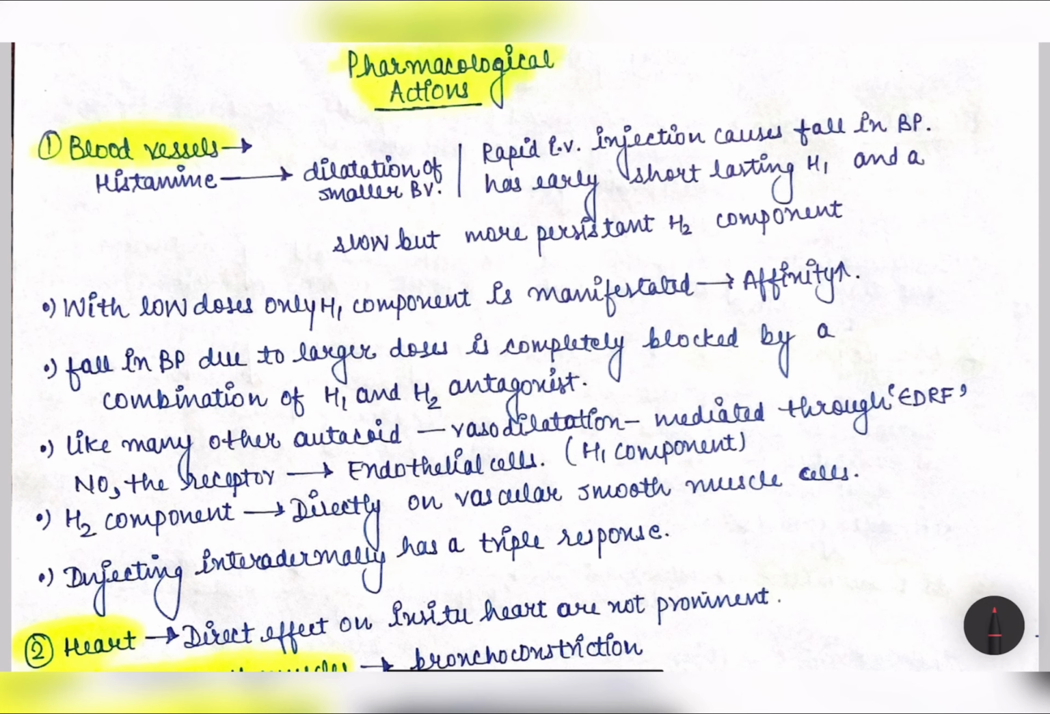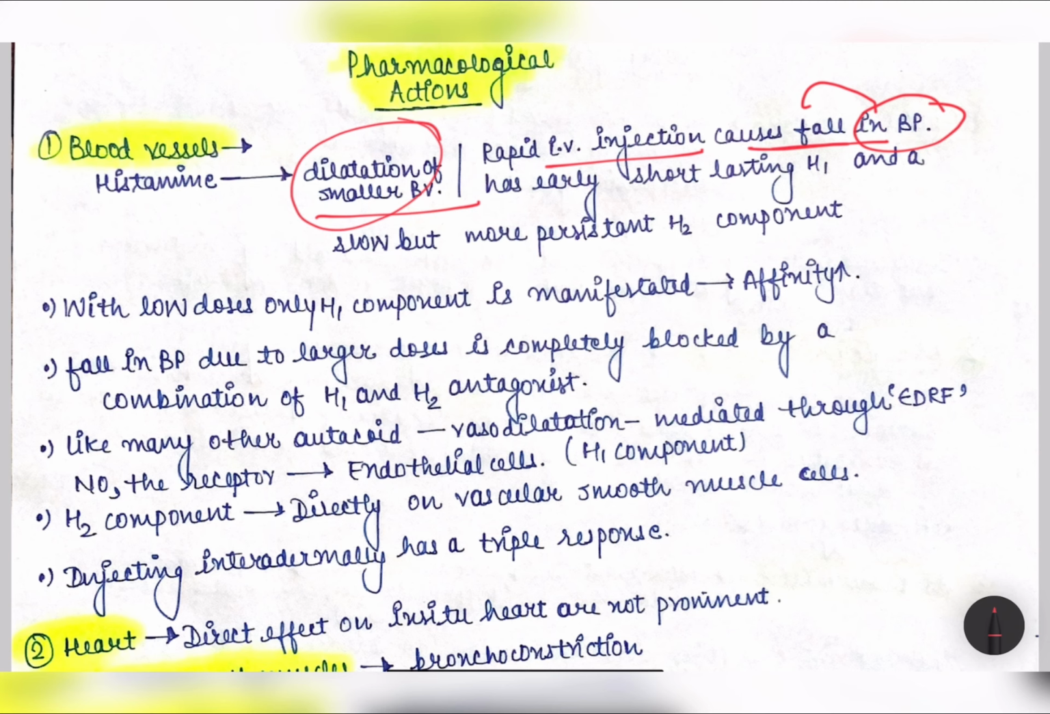So histamine causes dilatation of the smaller blood vessels, which include arterioles, capillaries and venules. On subcutaneous injection there is flushing, especially in the blush areas, with heat, increased heart rate and cardiac output, and there is no fall in the TPR produced. But when there is a rapid IV injection, there is a fall in BP, and this fall in BP has